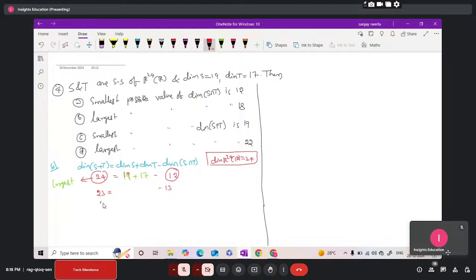I get my point. Yes, sir. If it is 22, then 14. If it is 21 for S plus T, it is 15. If it is 20, it is 16. If it is 19, it is 17. If it is 18, then